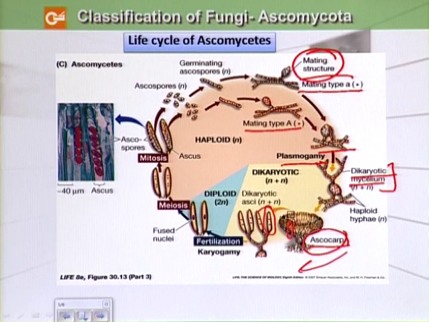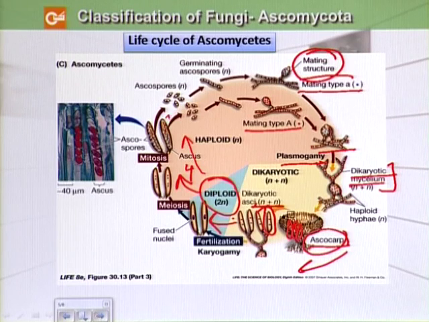The single structure is asci, and inside asci we can see that dikaryotic condition is there, n plus n, and when the fusion of nucleus takes place, it becomes diploid or 2n, and after meiosis the 2 spores that fused are now 4 in number, and then as a result of mitosis we can see here that 8 spores are produced inside each ascus, and then these ascospores are released, and on germination these spores